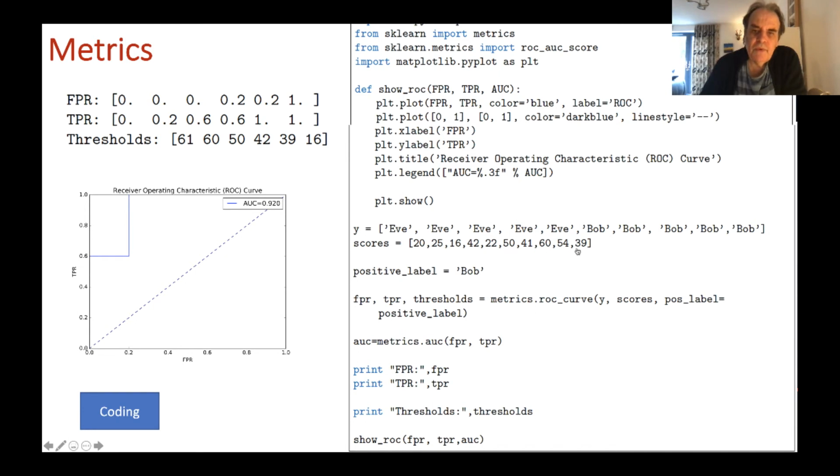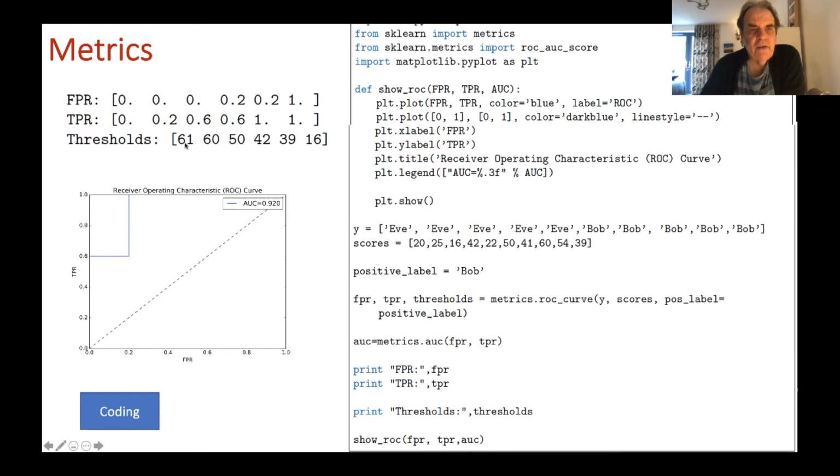So is it possible to differentiate Bob from Eve by defining a threshold value on the data? So in this case, what we do is that the metrics for the ROC curve here, we'll take these values and then work out the true positives, false positives, and the threshold values.